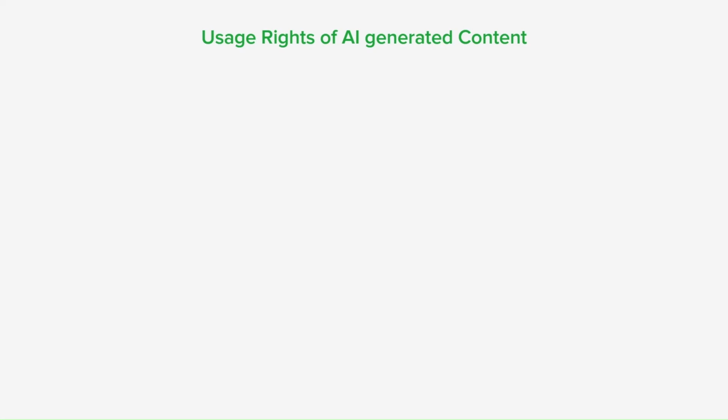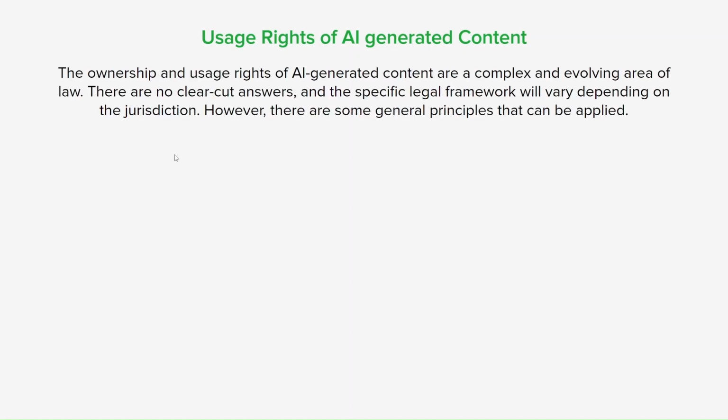So now let's talk about usage rights of AI-generated content specifically, and these are things like AI-generated text generators, image generators like Midjourney, and things like that. So the ownership and usage rights of AI-generated content is very complex, and it's an evolving area of law as well. There's no clear-cut answers, but there are some general principles that can be applied. In terms of a license, it will vary depending on specific circumstances, but some common provisions in licenses for AI-generated content include